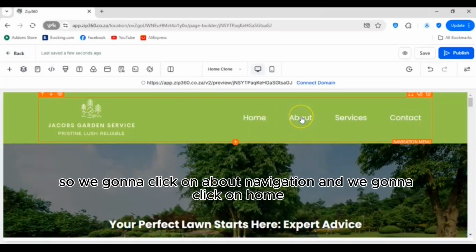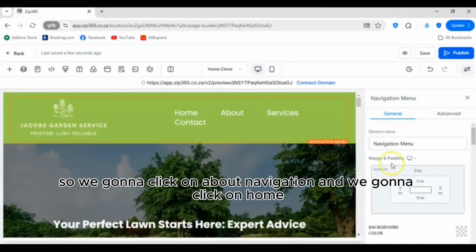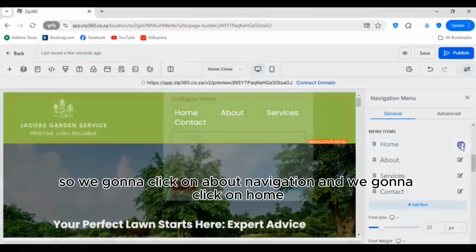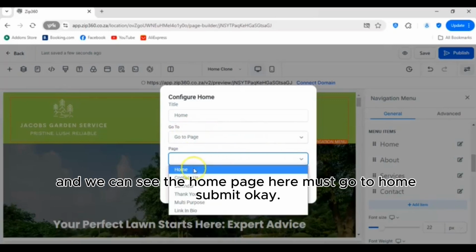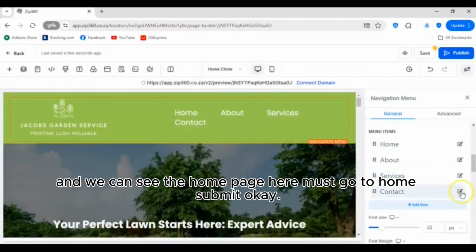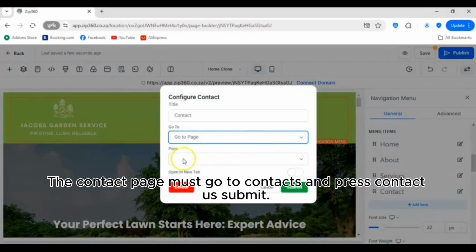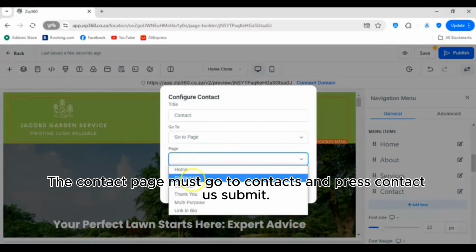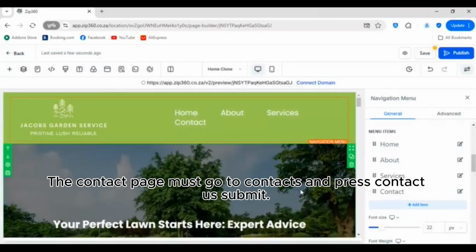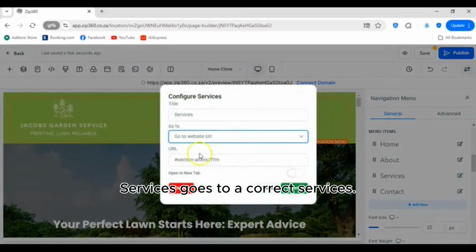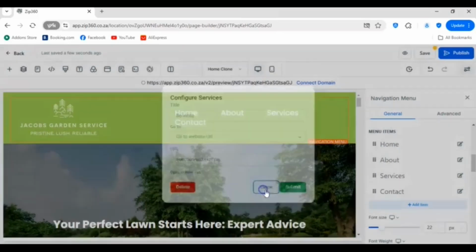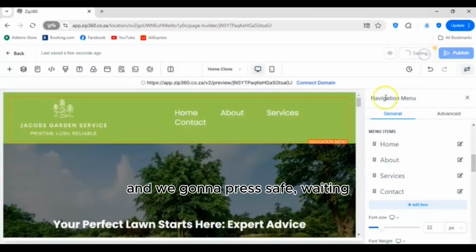So we're going to click on About, Navigation, and we're going to click on Home, and we can see the home page here must go to Home, Submit. The contact page must go to Contacts. You can press Contact Us, Submit. The About page goes to the correct place. Services goes to the correct services, and we're going to press Save.